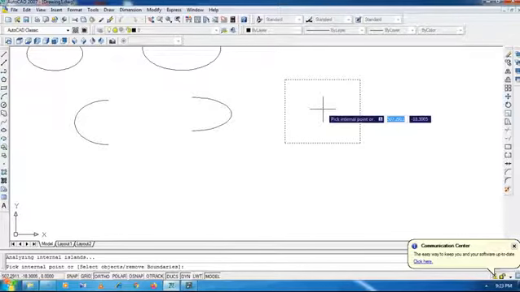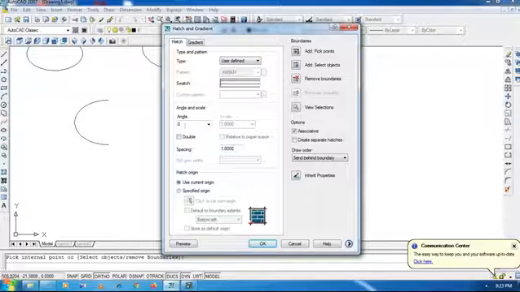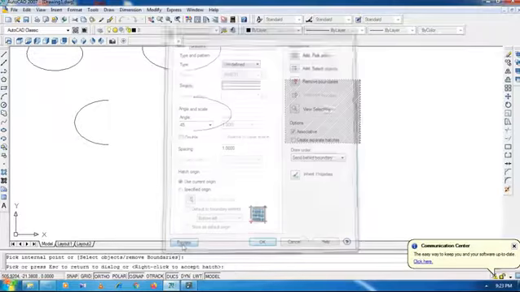This boundary is closed, that's why I have selected the inside point. Then press enter. Now angle: normally we keep a 45-degree angle for sectional views, so I'm going to enter 45 here.